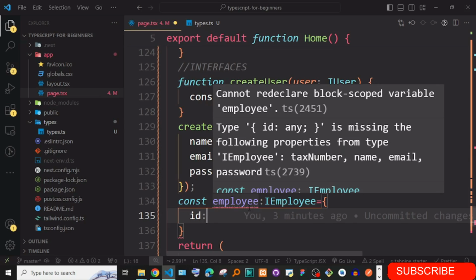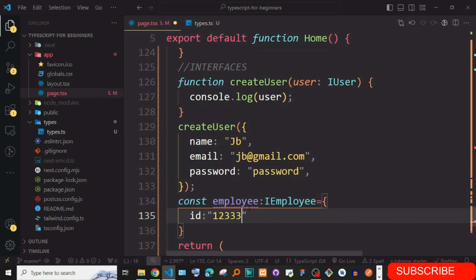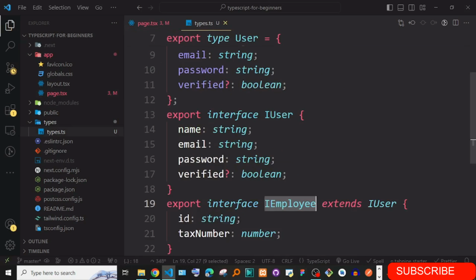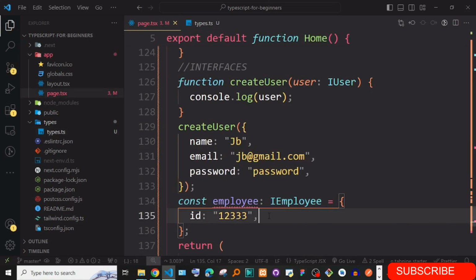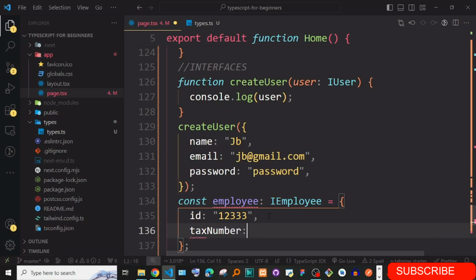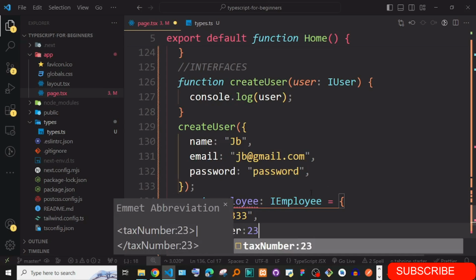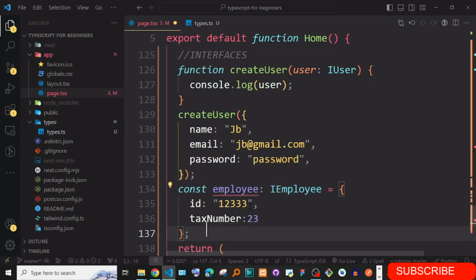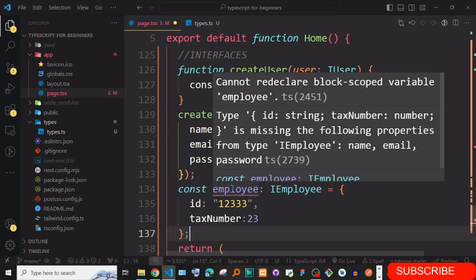So I'm just going to say, for instance, one blah blah, and then I also give it the second one, only these two, tax number. So if I give it only tax number here, like maybe 23, and leave it at that, you can see they are telling you about the scoped variable employee.